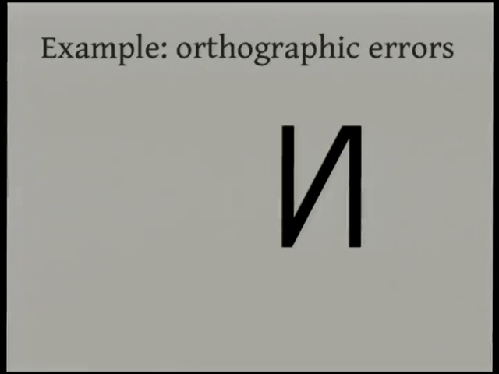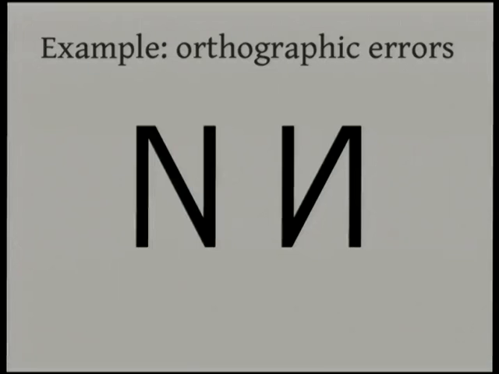An example of orthographic errors, the simplest example I can think of is this character, which I, as a native English speaker, refer to as the Russian backwards N, because as you can see, it looks exactly like the N. Or at least it does in this font, which is NewsCycle, which is one that I created. But it's not actually correct, and I had people who read Russian tell me this. And the reason I can kind of get away with it and you wouldn't necessarily notice that it's wrong is